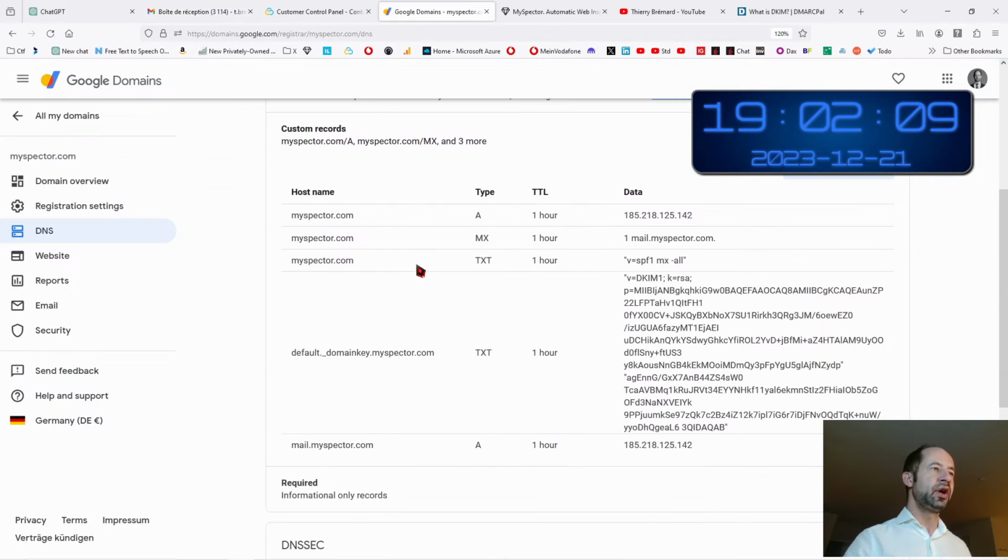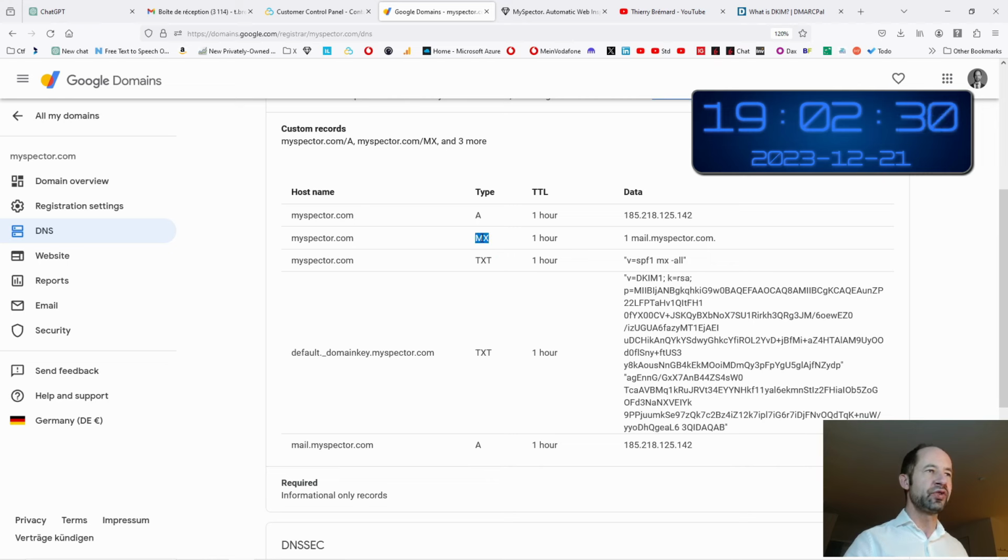There are, in the DNS configuration on the internet, different entries. The myspector.com entry is for the web. This is a type A. We have seen that in the DNS world there are different types of DNS entry: the MX, the TXT and the A. The MX stands for the mail.